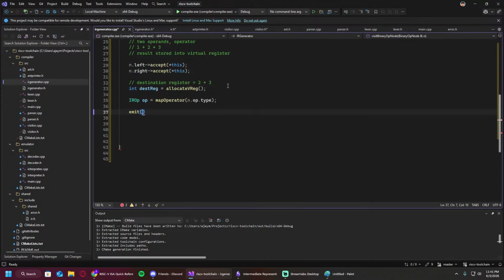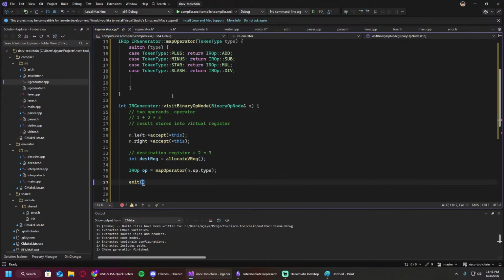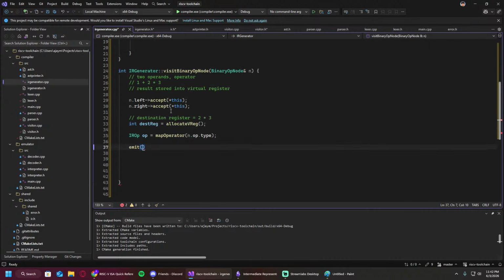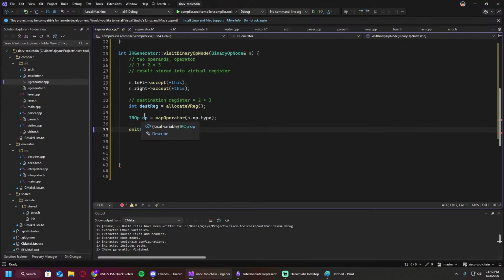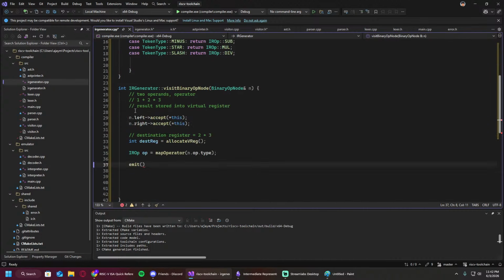Not gonna lie, this is definitely a level up from the parser. Hopefully we will pick up pace as we go on, but starting off slow, but that's okay, I guess. Alright, so we're gonna need our specific quad that we have. We do have our quad build, so